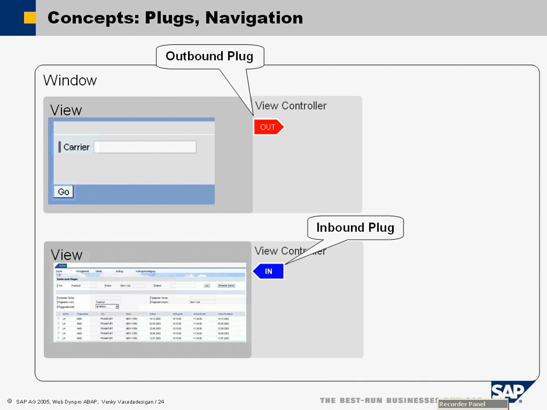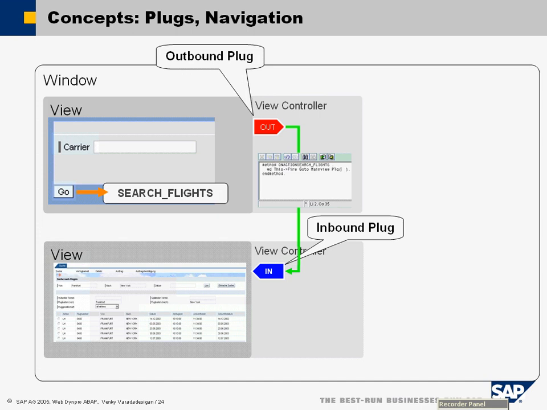We have something called an outbound plug and an inbound plug. The first view would have an outbound plug because you are trying to trigger an event, and the bottom view will have an inbound plug which receives that event and then behaves accordingly. Alright, so if the user clicks on go to the search flight